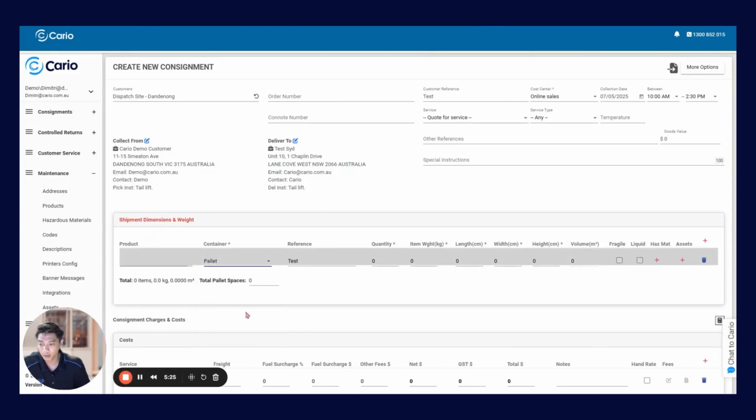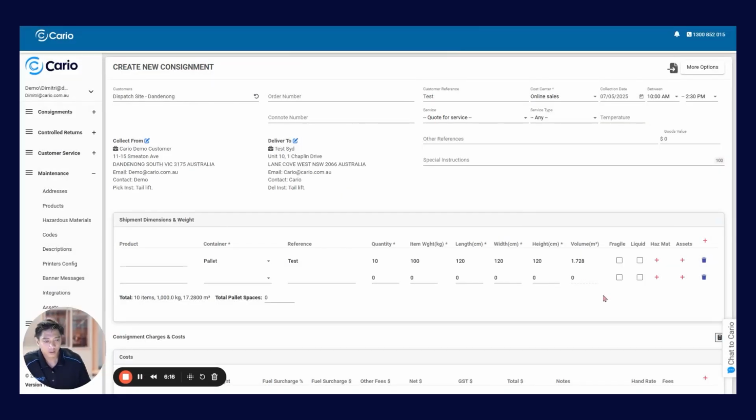So let's say we're sending over a pallet. 10 pallets. Let's say 20. Once you have input the shipment dimensions and weight,